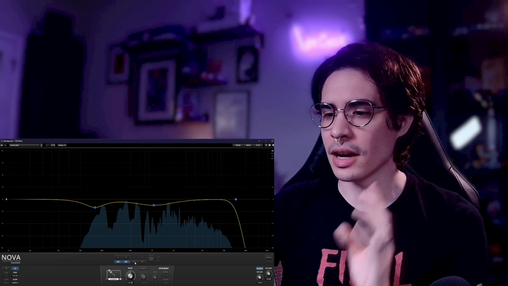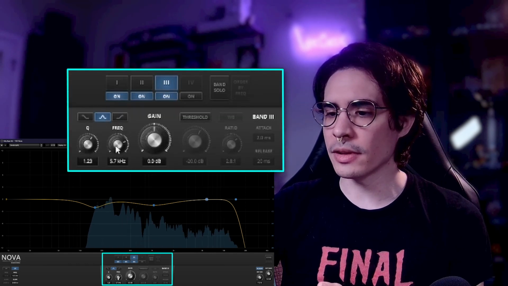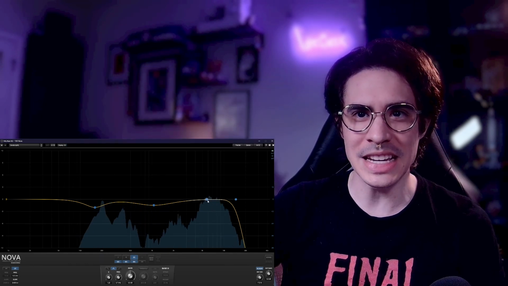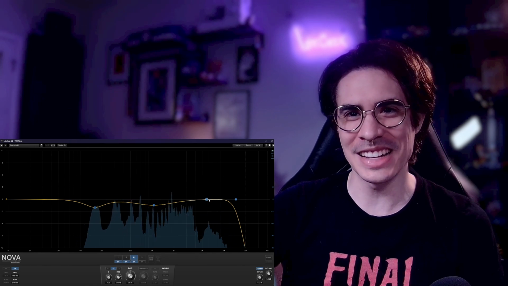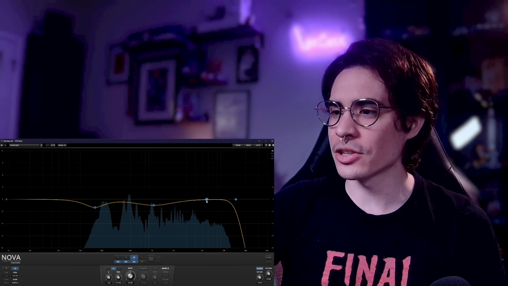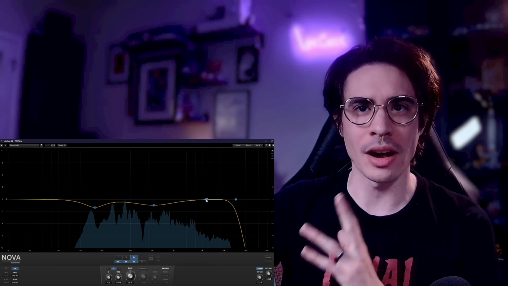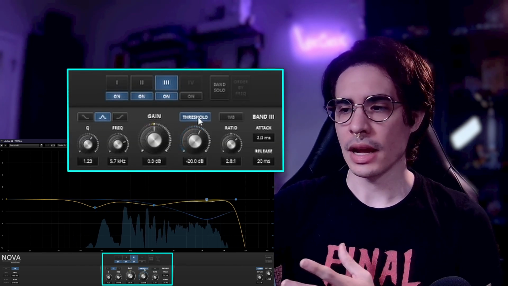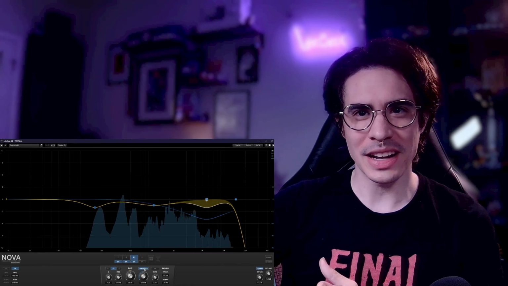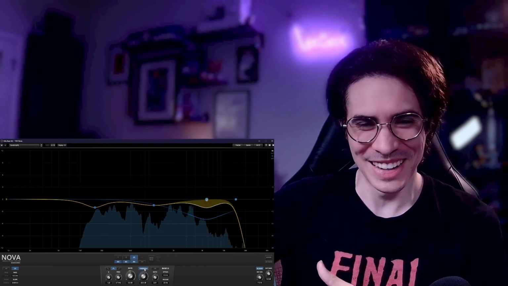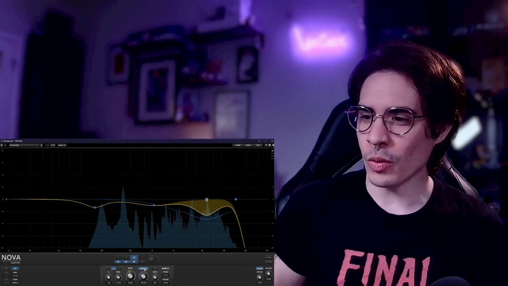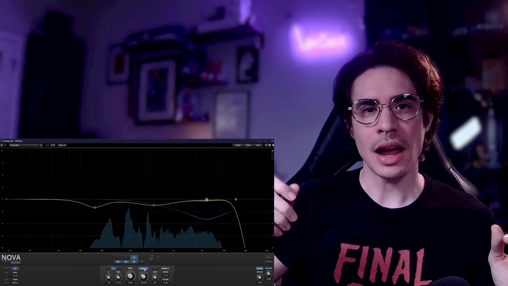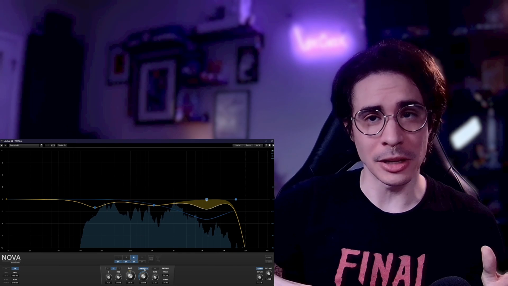Check it out. We are going to toggle on this third band here. We're going to move the frequency over where I see those S sounds, right? You can see the spike in the S sounds right here. We just want to make sure that bubble is right over the harshest part of our S sounds. Take this little box that says threshold, and suddenly, whoa, we're getting a really dynamic equalization here, right? What you're going to see is that we can define a threshold at which to turn those down dynamically instead of